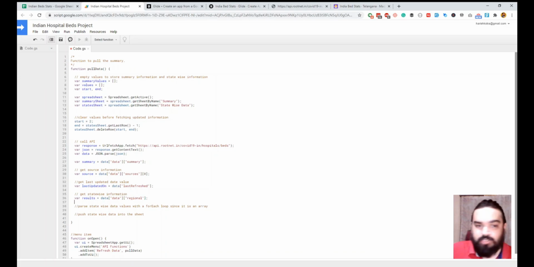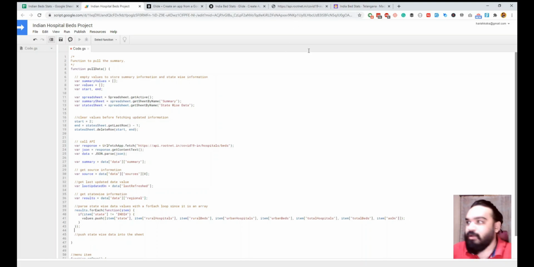Our next step is to add this to the sheet, but before that we have to also parse each state's data and add it as an individual row. For that we'll just use a forEach loop, and with just a snap like that, the code for that is this.